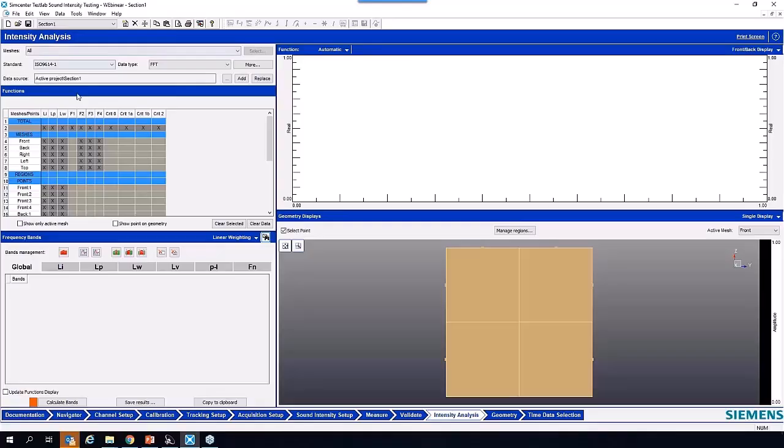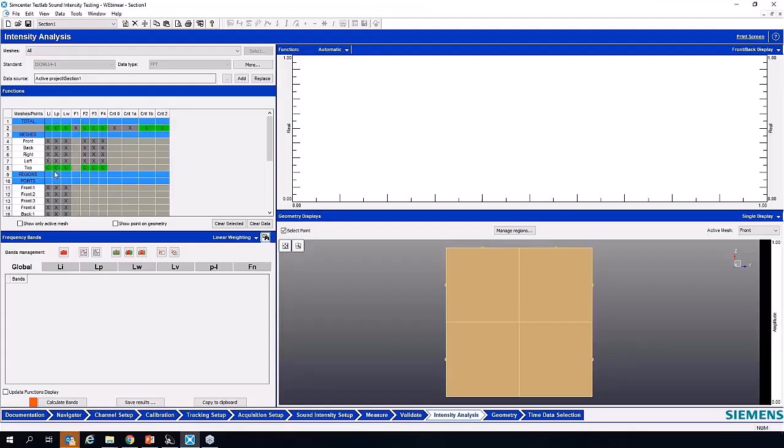I can click on and there I can see I have measured the intensity for this top surface, not at the other surfaces. So that's why they are saying C. Well, they are showing the green boxes. C means calculated, M means measured. So here it will show that the sound intensity is measured, that's why it is M. Sound pressure is also measured, and sound power is calculated. For the top surface, we made the 4 measurements, and that's why they are shown here.